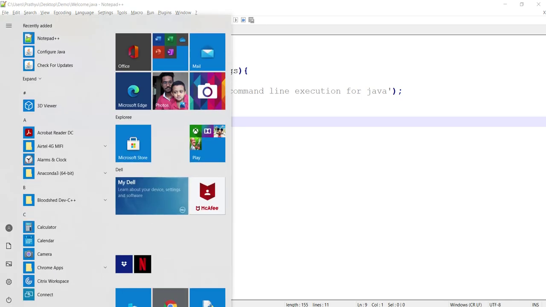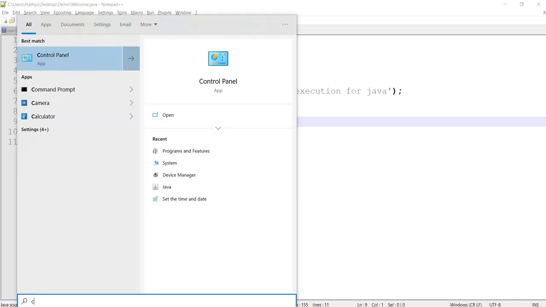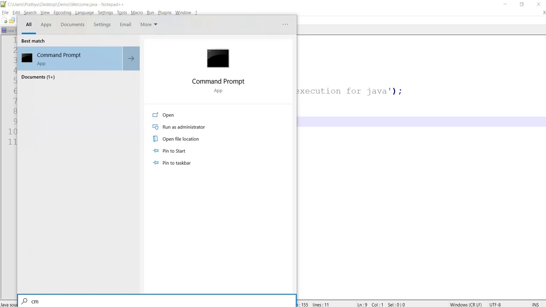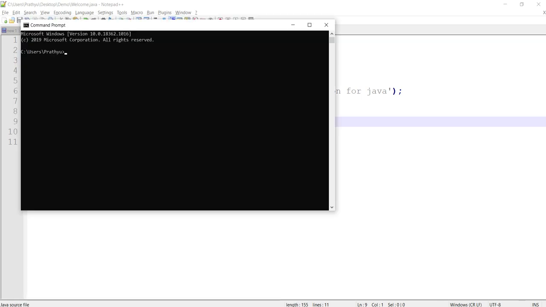For that, we need a command line, cmd, the command prompt. So click this command prompt, and check whether you have Java and JDK installed in your system. java -version. In my system I have JRE 14, JDK and JRE, and the Java compiler.